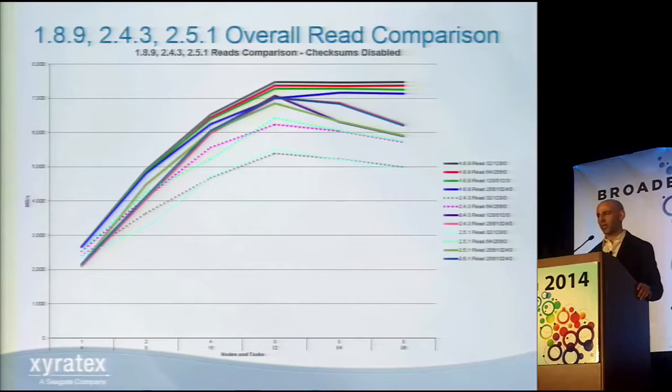I wanted you to focus on the max RPCs in flight of 128 and 256 for the 2.43 and 2.51 clients. You can see as well that they actually were able to sustain the storage rated performance for reads. So the overall takeaway is that with the right client tuning parameters of 243 and 251, we can sustain the rated storage performance of 6 gigabytes per second. With 189, regardless of the client tuning parameters, the biggest impact on performance with 189 was the number of threads